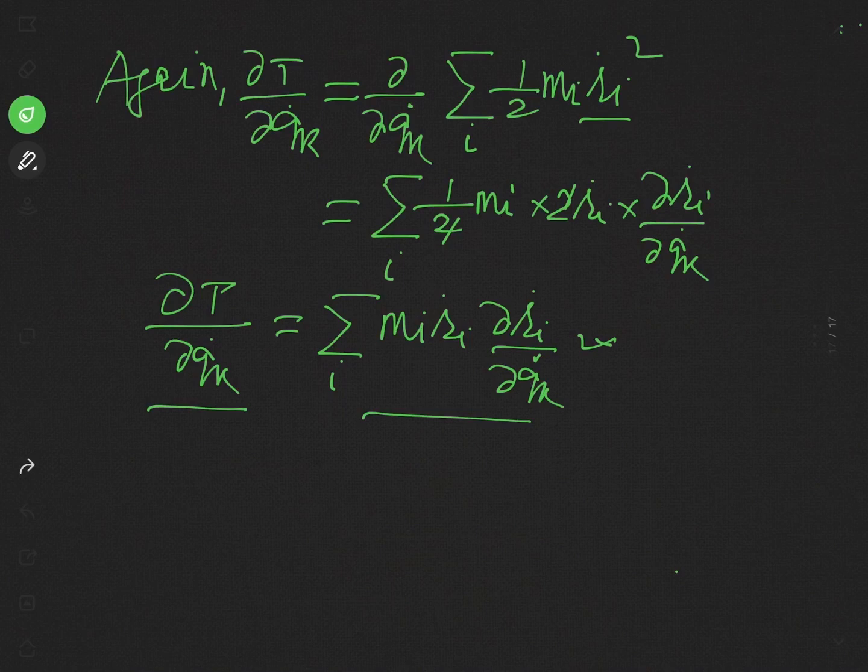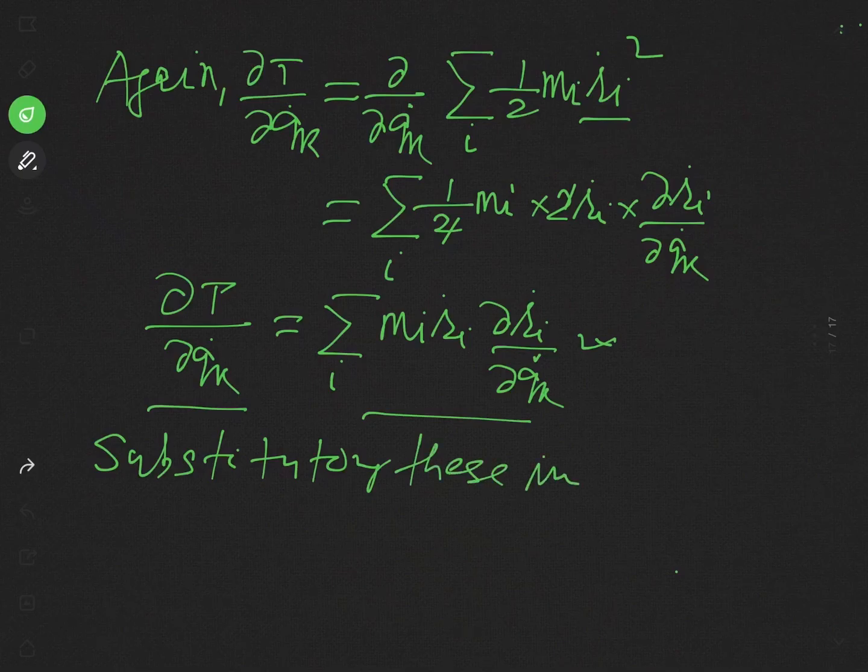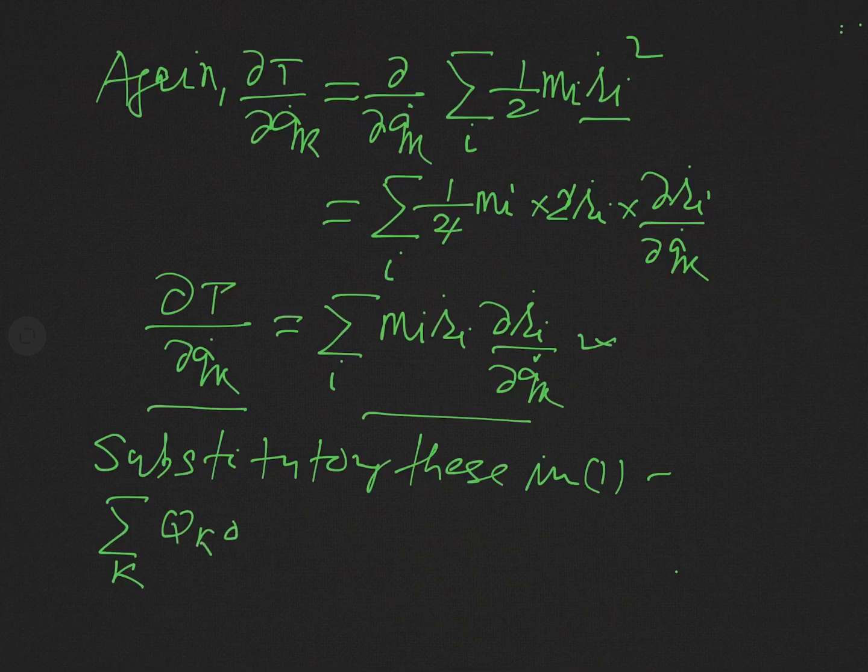So now we will substitute these two values in equation 1. What we will find? We will find that summation over k Qk delta qk, see the above equation, and this will be equal to